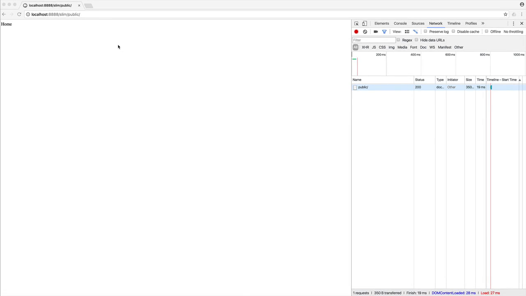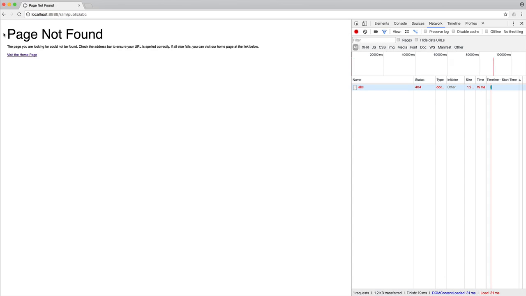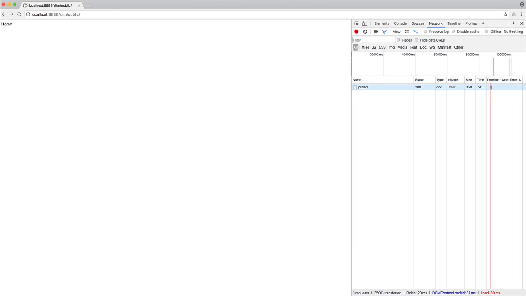So you'll have noticed that when you visit a page that doesn't exist within Slim, by default we see this page not found handler, and of course over here we also throw a 404 status code as well. So the point of this section really is to obviously show you how we can override this with a custom page, which is pretty important when you're building apps, but also the whole point is to dive behind the scenes